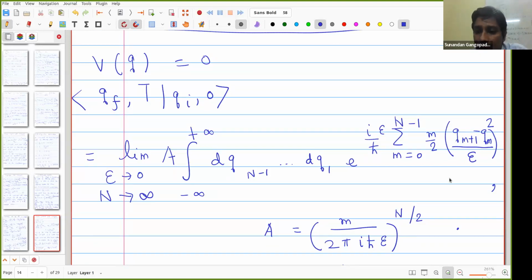So if you break this up in this form that we derived earlier, now in this case you see the V term is not there. Therefore, since V is 0 for the free particle, what we need to evaluate is just this integral. So you can see that this is nothing but